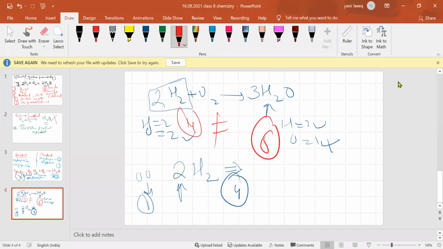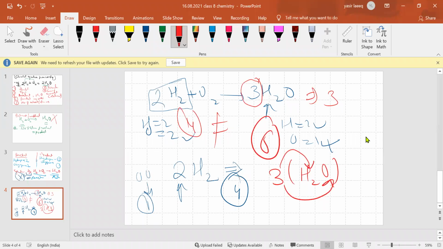It's a skeletal equation. If I put 3 here, this 3 means that oxygen is also 3. If we put a whole number in the beginning of the formula, it means that this number is covered with every element. It is in hydrogen and in oxygen also. Understand it like this, this is with hydrogen also and this is with oxygen also. Is it clear now? Yes, sir.